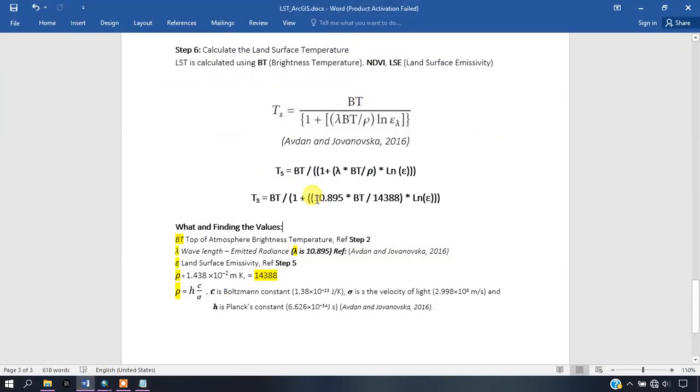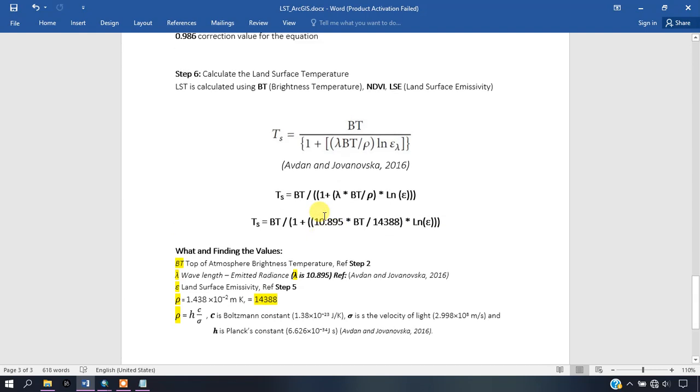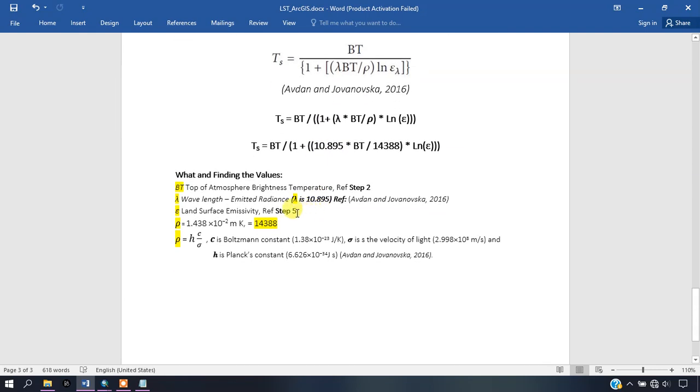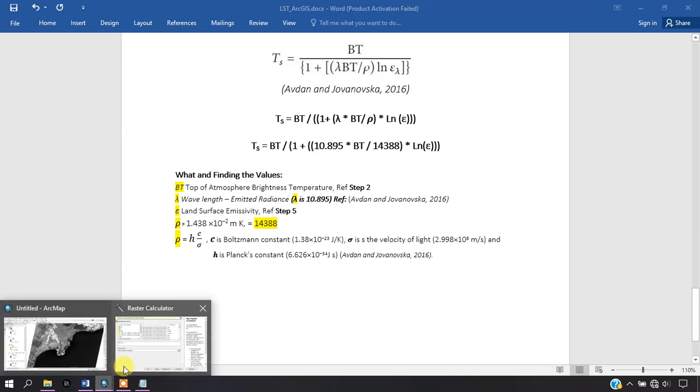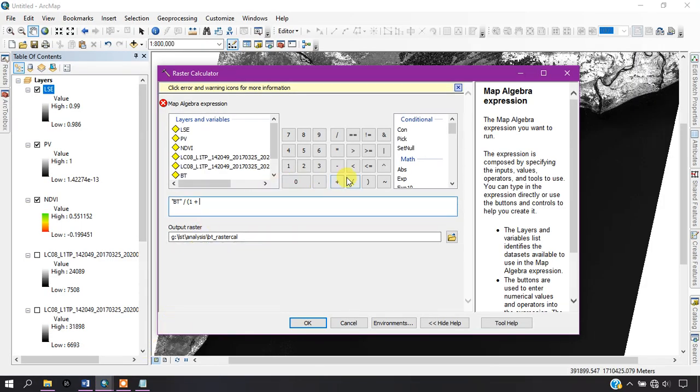You can see here 10.895. So this is the value for emitted radiance. Okay, I have taken it from this paper. You can also refer to it. Just copy the value, paste it here,